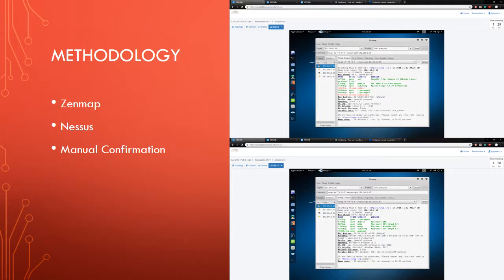First, we will go over the methodology that I used to make this vulnerability assessment. To start, we first did a Zenmap scan on James Trin's systems, as you can see at the top right and bottom right. The top one is the Linux server, and the bottom one is the Windows server. As you can see, they both had all their services, but if you look at the top right Linux, you can see that SMTPS and Postgres, both of